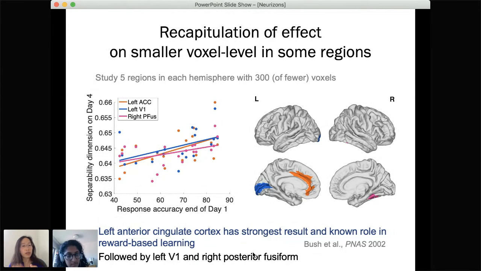And all of these regions have something to do with coding for reward learning, which is what we were trying to look at in this task. We didn't want a task that only picked out visual cues, but we also wanted to connect it to the sense of reward by assigning actual dollar values in this task. And in fact, the participants were compensated not just for the time, but also based on their performance in these tasks. So there was an incentive for them to also learn the values as quickly as possible.